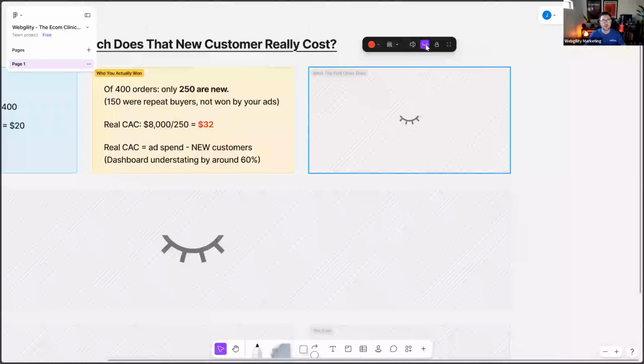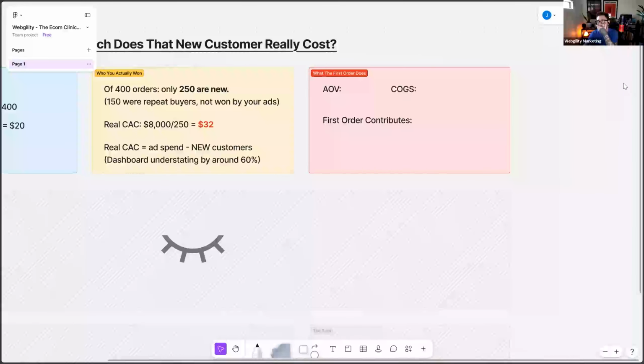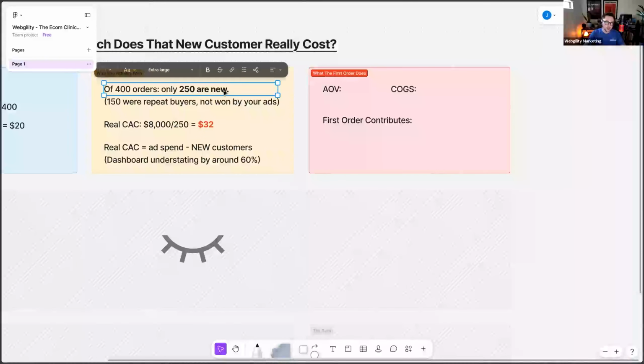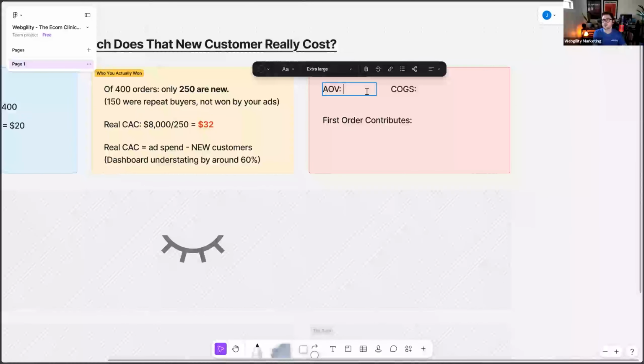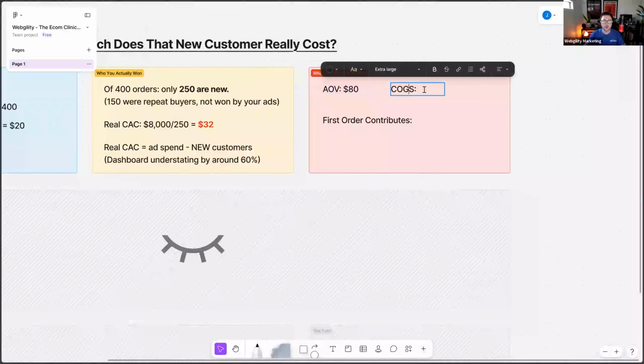So let's look at what the first order does, right? There's another level or another layer of obfuscation here that needs to be talked about, which is, sure, you have these 250 new customers that you acquired from ads, but what do those new customers actually bring you in terms of contributing to your profits, contributing to your revenue, right? So if your average order value on a new order is $80 and your COGS is $48, your cost to acquire goods,